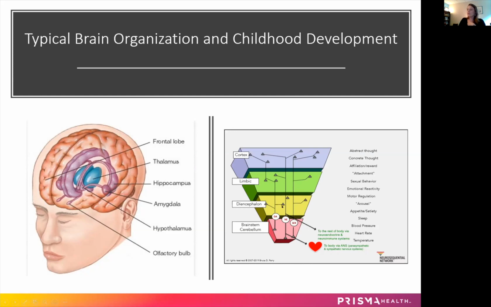And then the next part, as you go up, you have your midbrain, or this fancy word called diencephalon. I like to use the word midbrain. And its job, and you can see out here to the right, it gives a list of what each area is responsible for. So your midbrain really helps a lot with rhythm. So when should I be awake? When should I be asleep? When should I be hungry? When should I be full? When should I be in more of a state of alert, or be winding down at the end of my day,